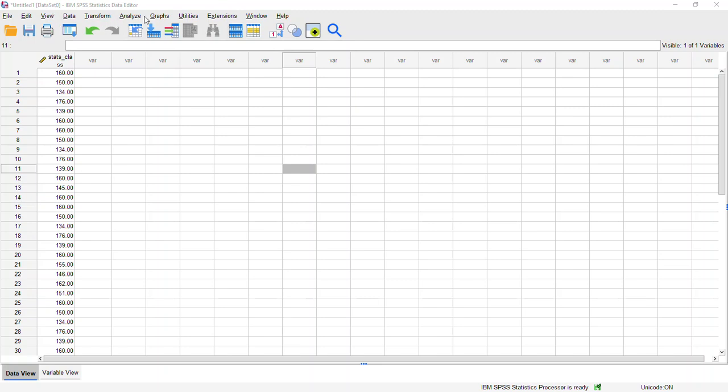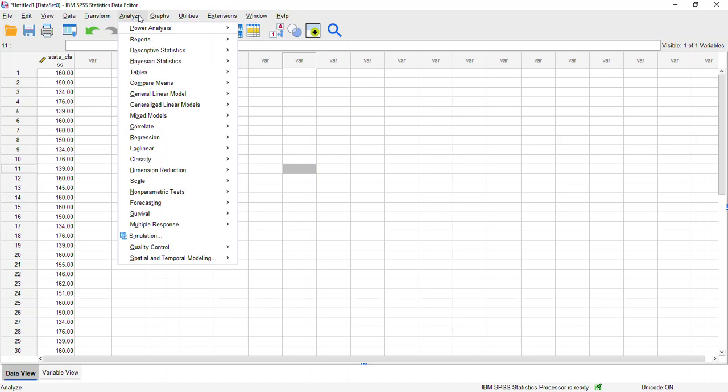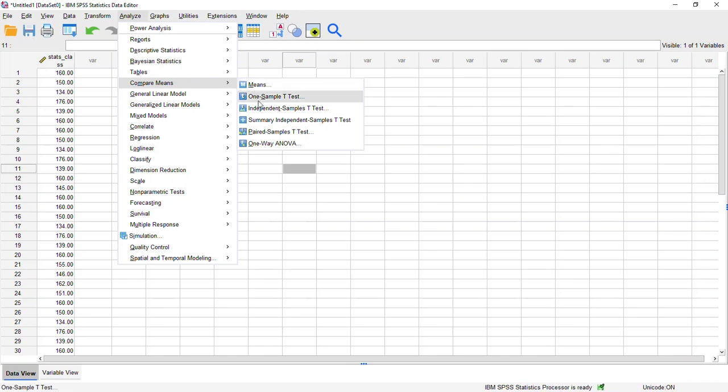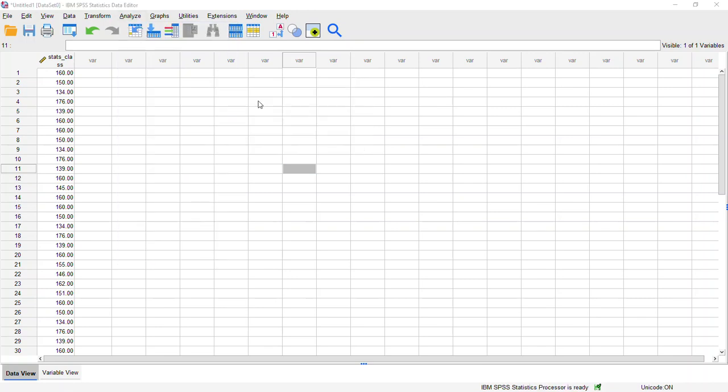And to do the single sample t-test, we're going to go ahead and start on these drop-down menu options. We want to select the Analyze drop-down option. From there, we're going to select Compare Means. And then from there, we want to take that one sample t-test option. So go ahead and click on that, and you should get